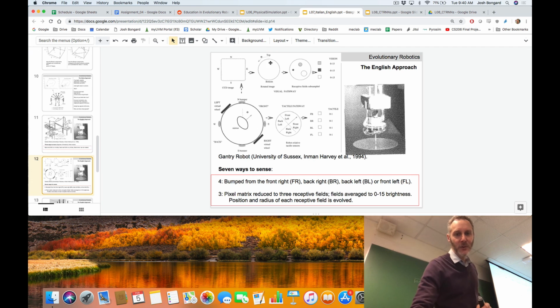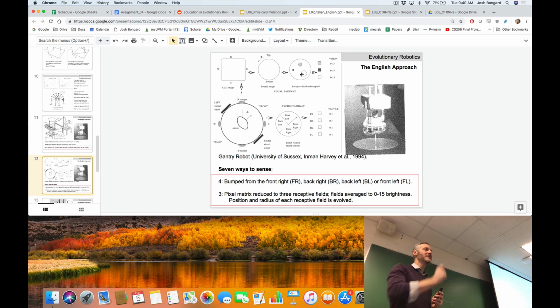So in this little cartoon example here, evolution has produced these 3 circles at these 3 positions and with these 3 radii. At each time step at which the robot moves, we're going to take all of the pixels that lie inside of each of these 3 circles, throw away the RGB values, collapse them to grayscale values, and then just take the average grayscale value inside each of these 3 circles, represented by the grayscale that you see here. And those 3 numbers, in addition to the 4 binary touch sensors, become the 7 sensor neurons that feed into